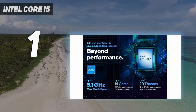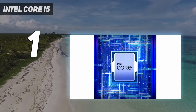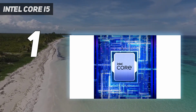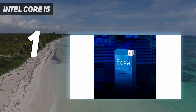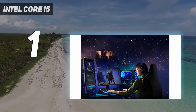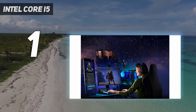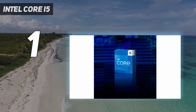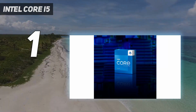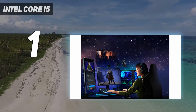Packed with 6 performance cores, 6 efficiency cores, and 20 threads, on paper this is essentially a cheaper and more efficient 12th Gen i7. In gaming, benchmarking, and content creation, this CPU barely broke a sweat, and doing both at the same time barely used up to 15% of the CPU's capacity. That's so efficient that I thought there was something going wrong during testing, because an i5 definitely isn't expected to